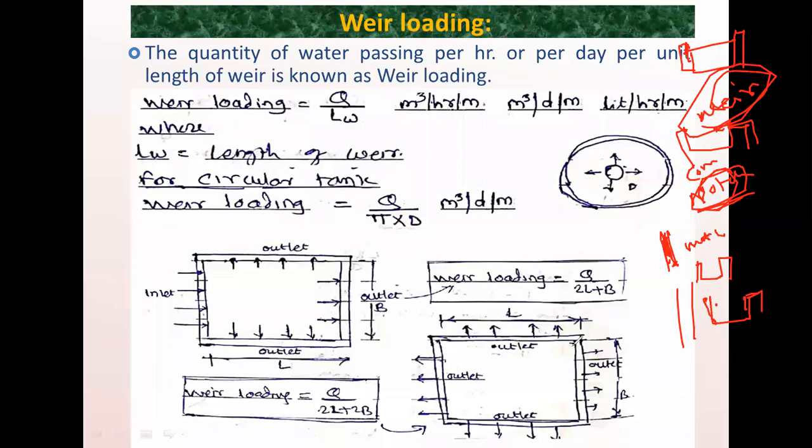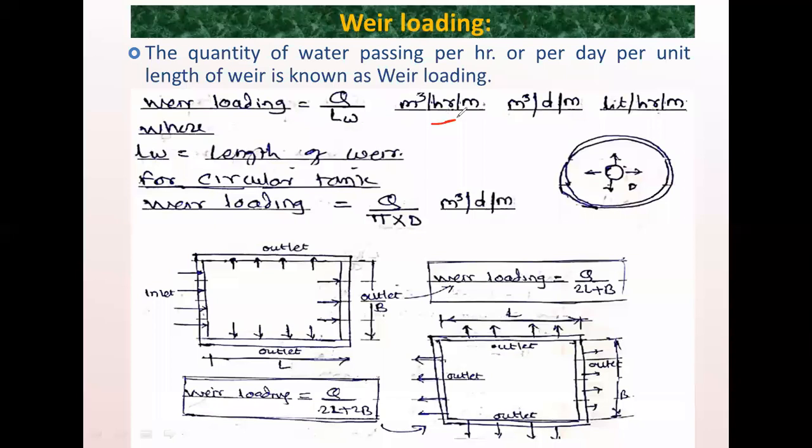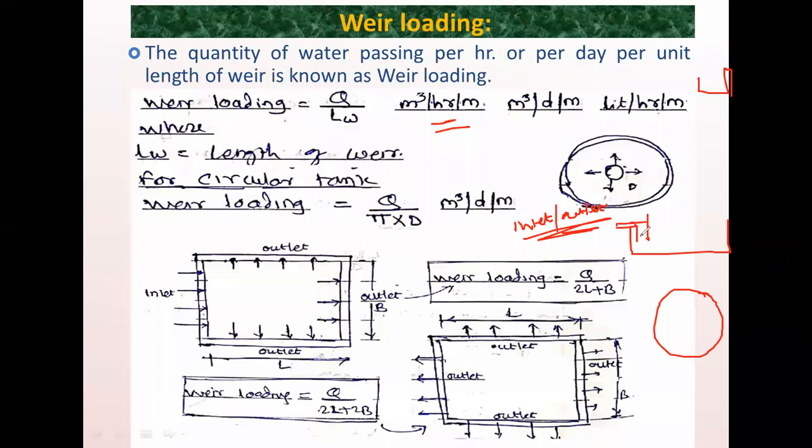But here, in the case of a water treatment plant, the purpose of the weir is to dispose of the water from the treatment plant. In our rectangular sedimentation tank or circular sedimentation tank, we will look at the inlet and outlet points ahead. What is inlet and what is outlet, we have seen in the previous slide. Inlet is the arrangement for taking water inside the tank. Outlet is the arrangement for taking the treated water outside the treatment plant.